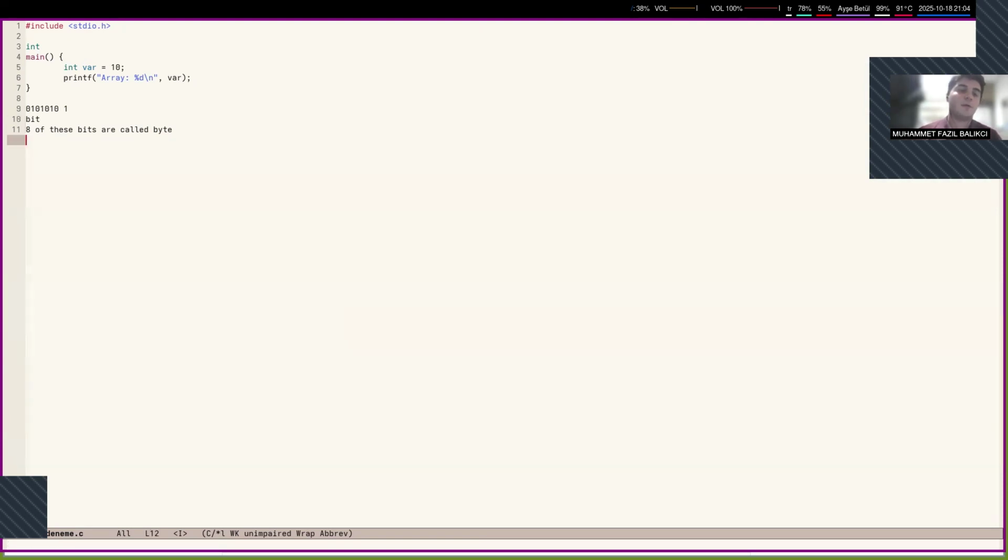So 4 bytes, which is 32 bits, if you do the multiplication, are just 32 ones and zeros